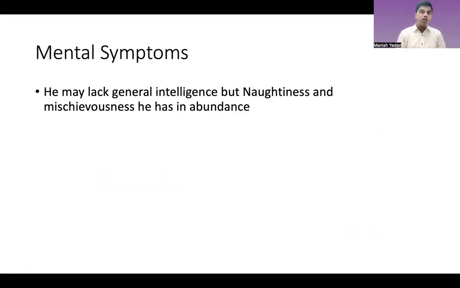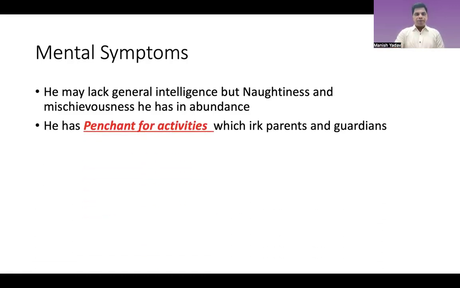You might have seen some children in school, now they're not that intelligent. If you ask them to read something, learn something, they will not remember, but they will be very naughty and very mischievous. Now, here the another remedy that comes in mind, especially when we are treating children, is tuberculinum. We always think of tuberculinum and tarantula when we see naughty, mischievous, restless children. So we should be careful in distinguishing all the three of them.